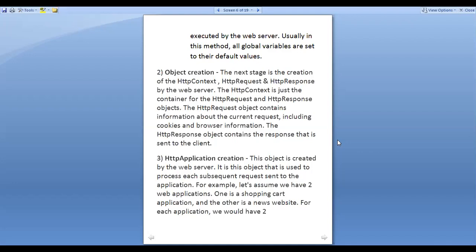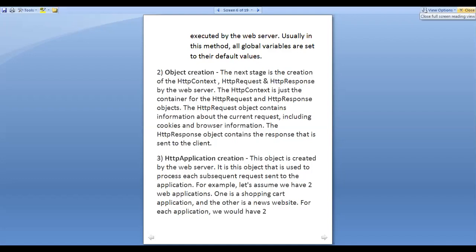web server. The HTTP context is just the container for the HTTP request and response objects. Now, as you know, these objects are always required for our processing purposes. The HTTP request object is simply used to send the request to the server.